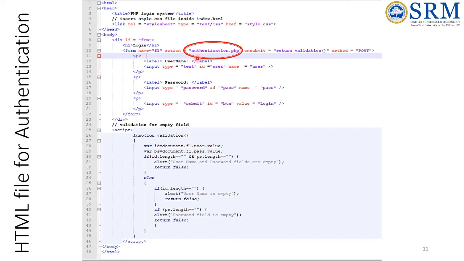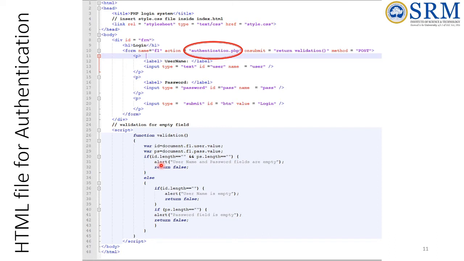We will see what this authentication.php is. But before submitting and authenticating with that PHP file, or server side program, we need to first validate on the client side to check whether the user has given correct input or not. So I have done a client side validation also.